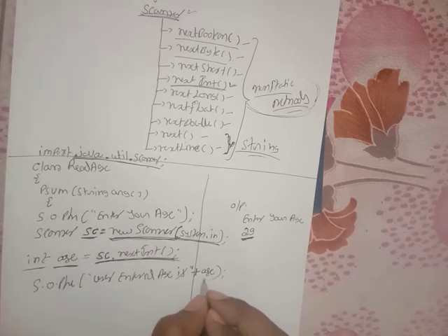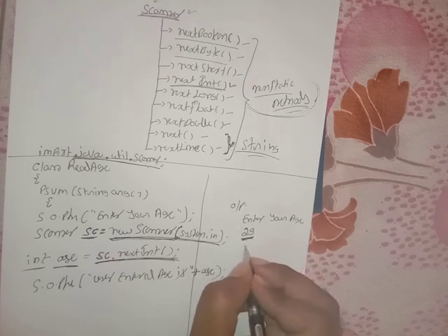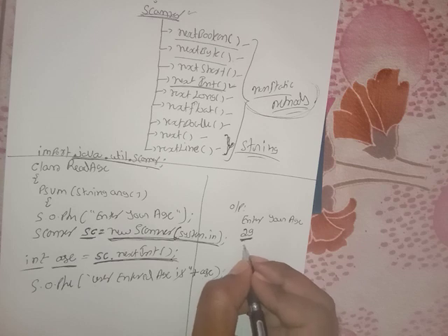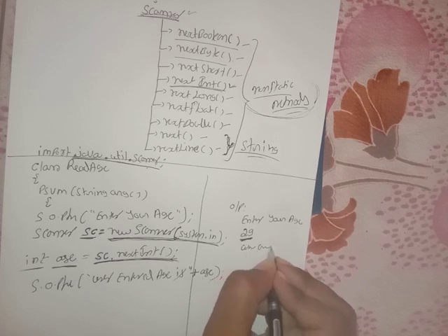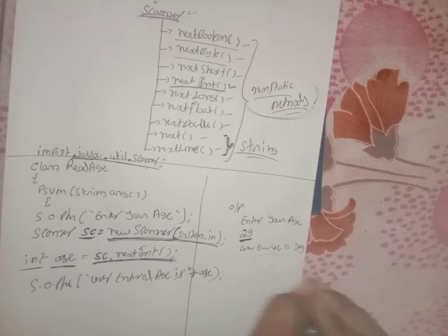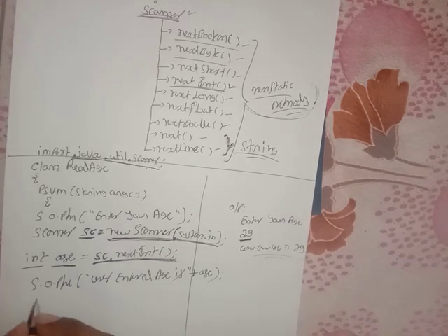Okay, it prints like this: User entered age is 29. If you enter 29. If you enter 100, it will print user entered age is 100. What is the output it will give? Here it will print user entered age is 29. Like that it displays the output. Close the main method and close the class. Okay, like this how to read the input from the user.